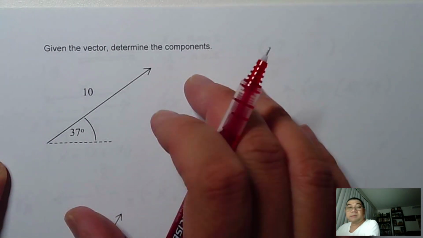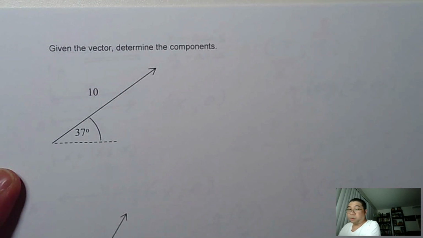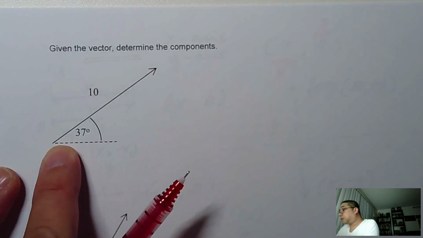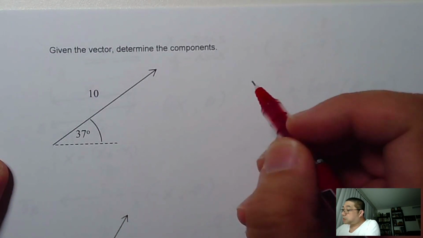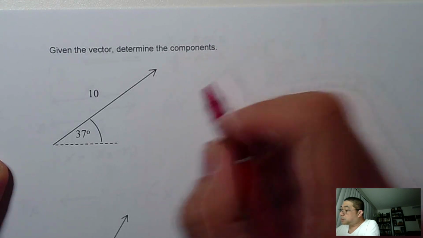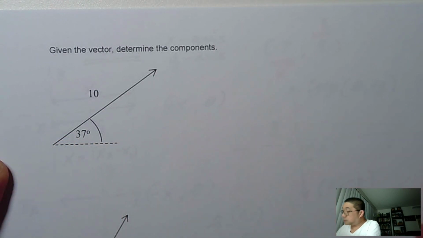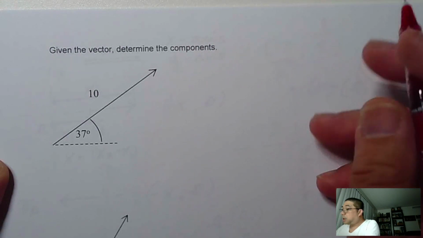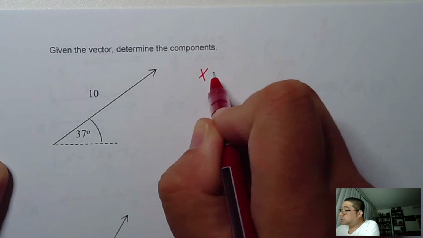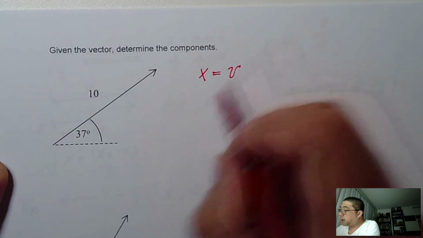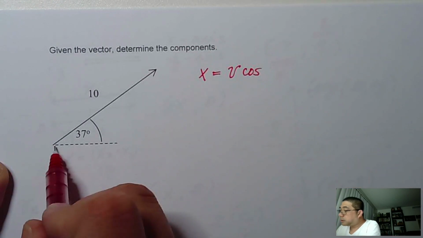First thing, is this one on the x-axis, or is this on the y-axis, or horizontal or vertical axis? So if you notice, there's an angle already, so it tells you that there should be two components. Simply, okay, so let's do this simple. There should be two components because it is not along the x-axis, or it's not along the y-axis. Now we can solve for x, which is vector multiplied by cosine,